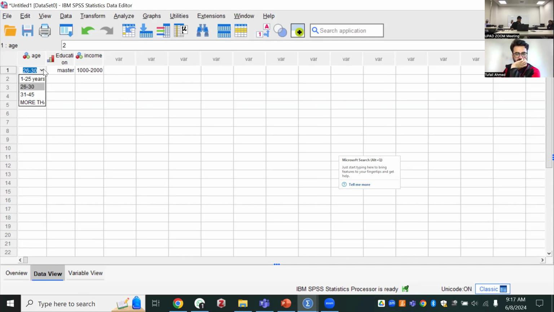Did you try to resolve? Normally you can restart the window again and try to do it again. Those four categories, for example, of income levels, 1 to 25, 26 to 30, these four are not showing.